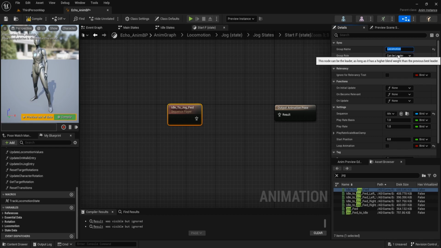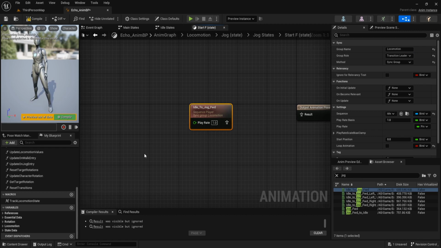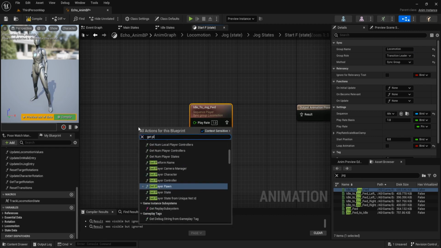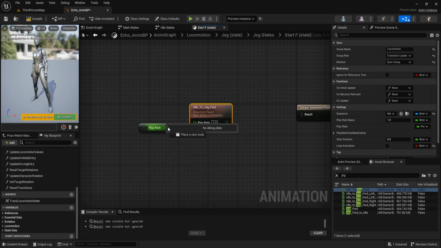Group role, transition leader, and scene group method. Expose this play rate. And then get play rate variable. Connect to play rate.